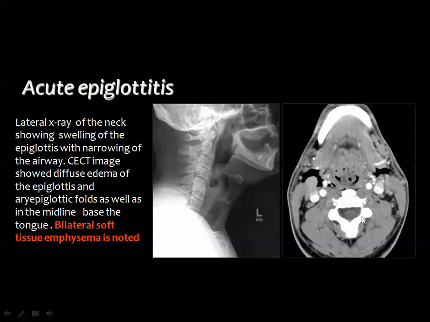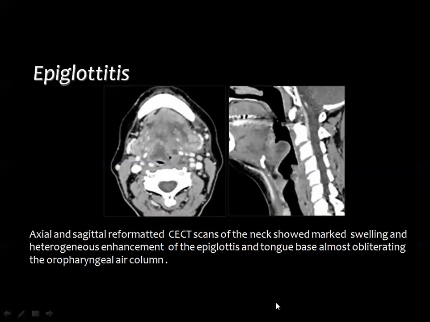And on the CT scan, you will see that the epiglottis is inflamed, and sometimes you can see air loculi within the inflammatory mass. And in this particular case, you can see air spreading in the fascial planes of the neck as well. And in the lateral view, you can see the swelling of the epiglottis compromising the airway. And this is a sagittal reformatted image, and this is the axial image showing diffuse swelling and heterogeneous enhancement of